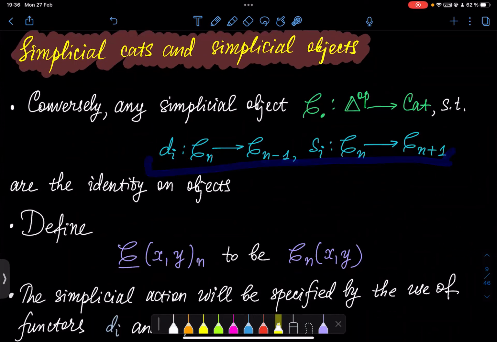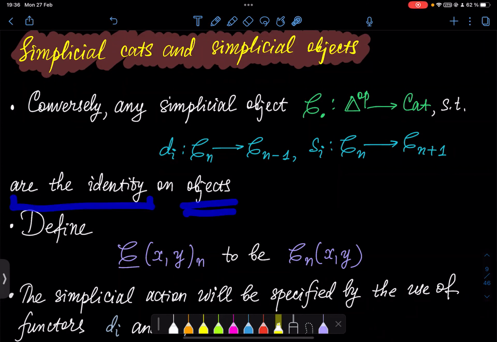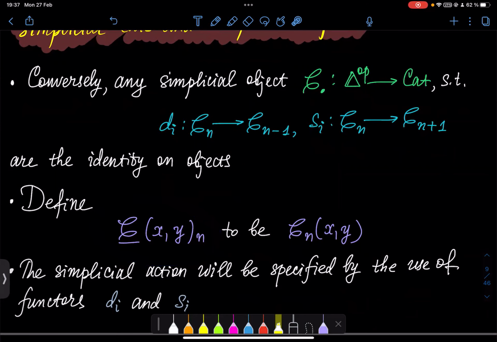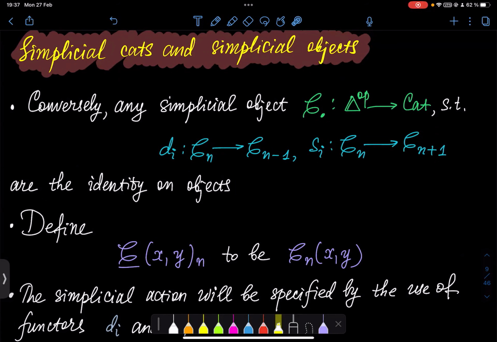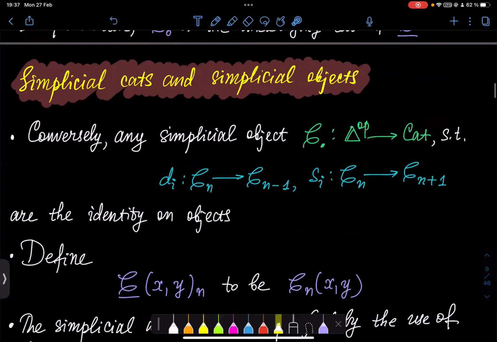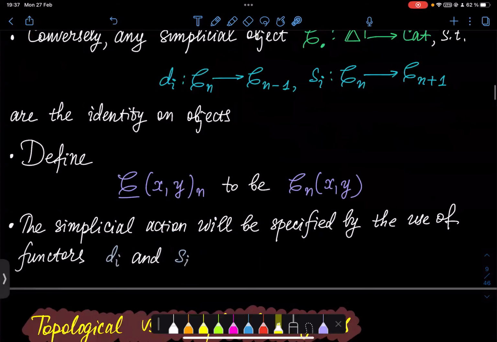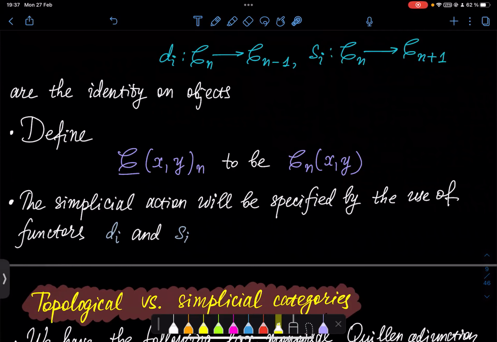Consider the following operators from this data, and these operators are the identity on objects, and n simplices in the hom object are just n simplices in the appropriate model of the appropriate category. Okay, so the simplicial action will be specified by the use of functors di and si,